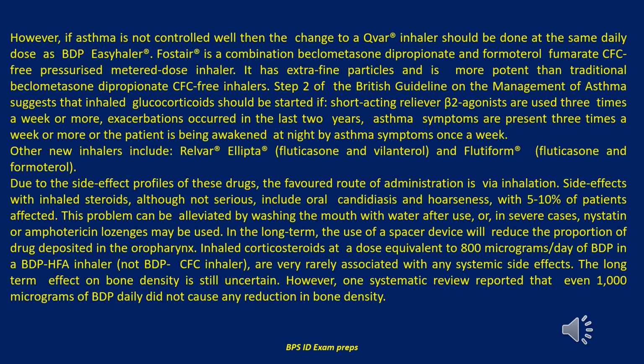Due to the side effect profiles of these drugs, the favored route of administration is via inhalation. Side effects with inhaled steroids, although not serious, include oral candidiasis and hoarseness with 5 to 10% of patients affected. This problem can be alleviated by washing the mouth with water after use, or, in severe cases, nystatin or amphotericin lozenges may be used. In the long term, the use of a spacer device will reduce the proportion of drug